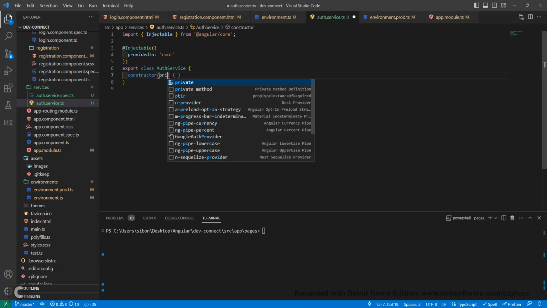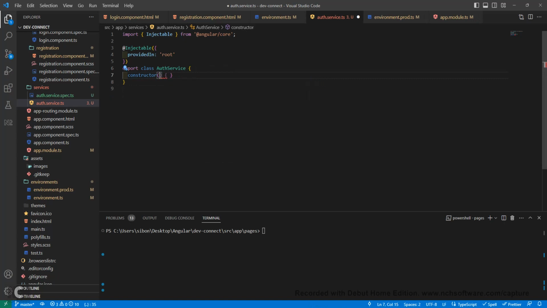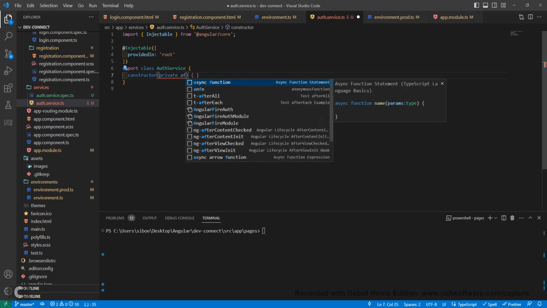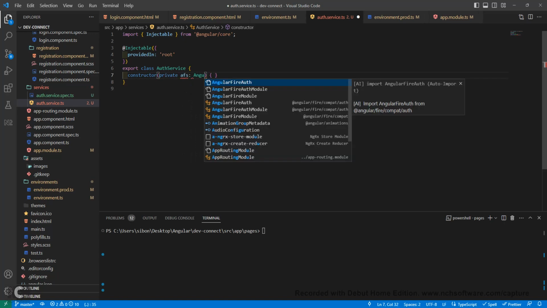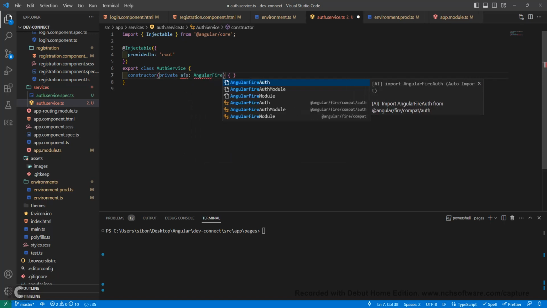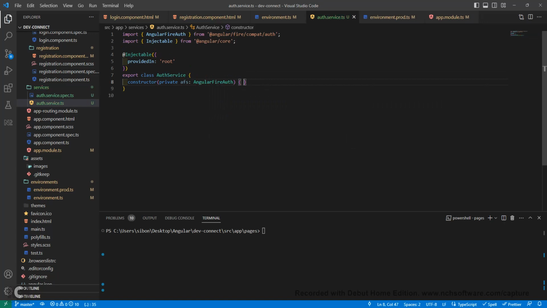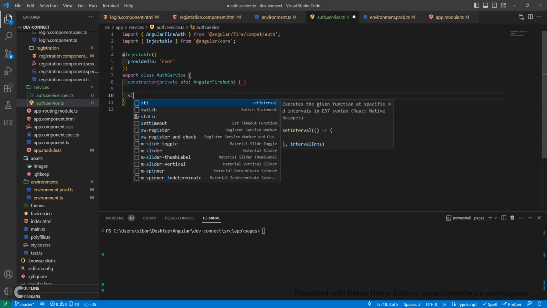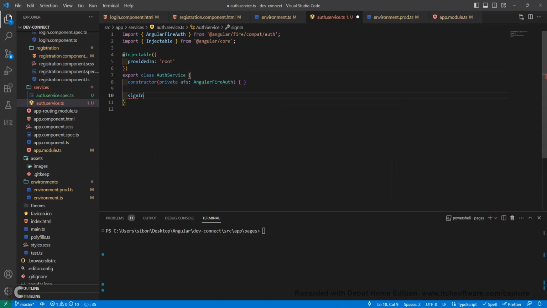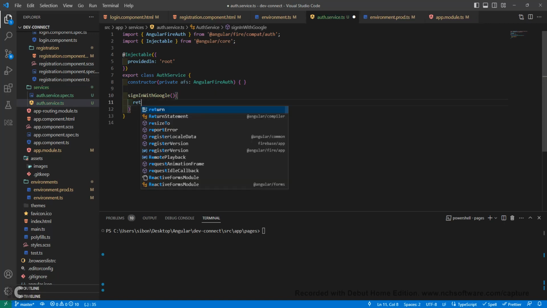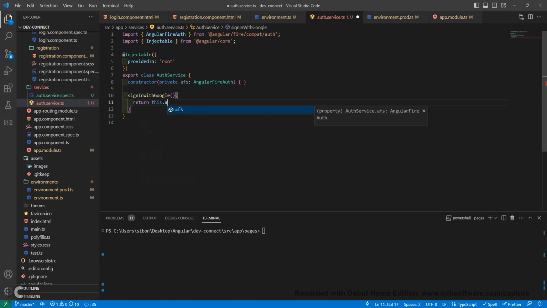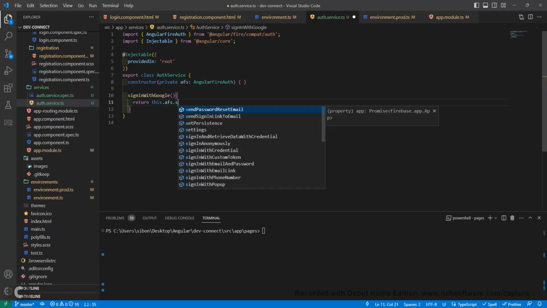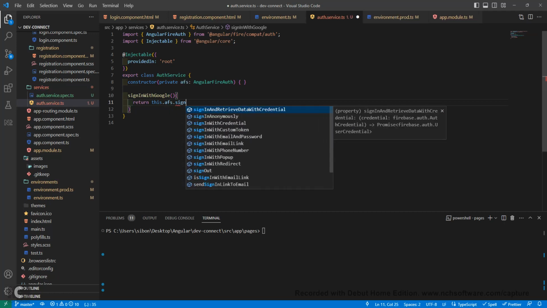So the first thing that we'll need to do is, let's see, over here we'll want to import our Firebase auth. This is coming from AngularFire auth, right? That's what we need. And then here we'll implement our sign in with Google, right? So this will return this.afs.signInWith